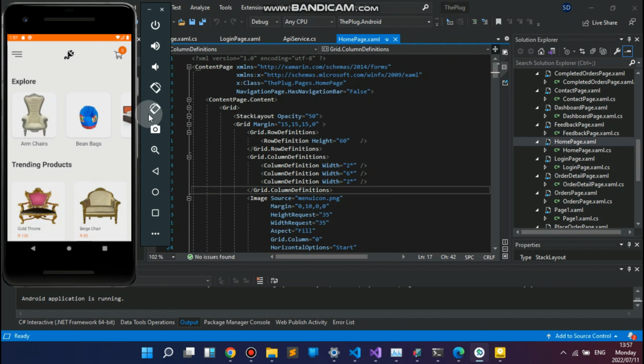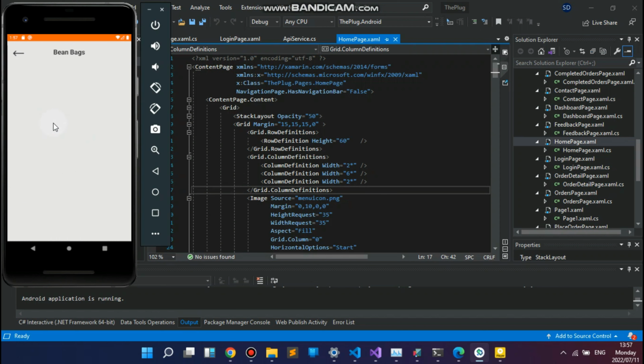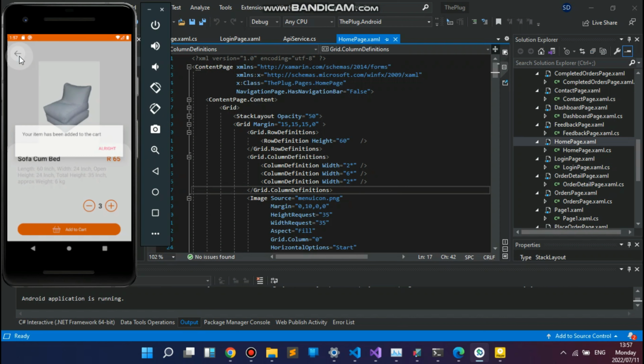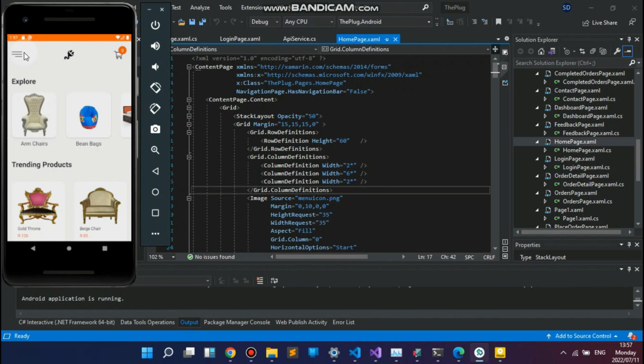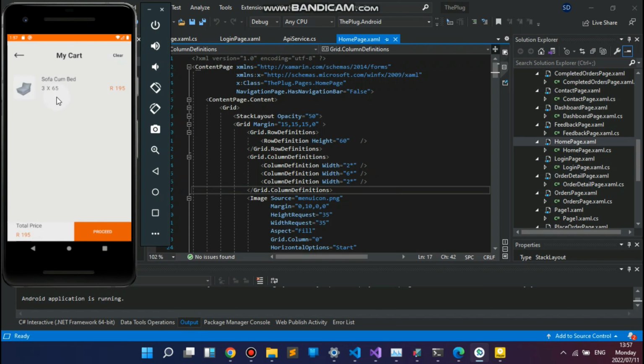So what I'll do, I'll just open there and add my items to the cart and navigate back to my cart. Once I've navigated, you can see those 3 items I just added here, and you can proceed, or you can clear the cart